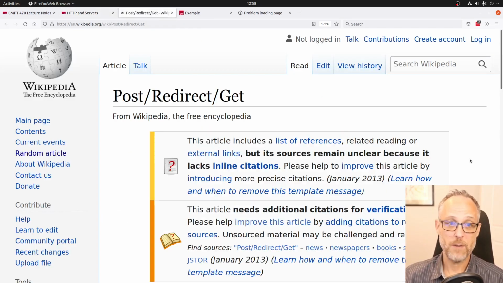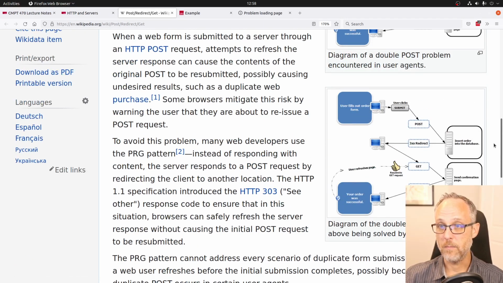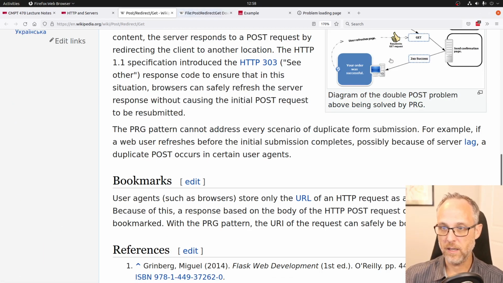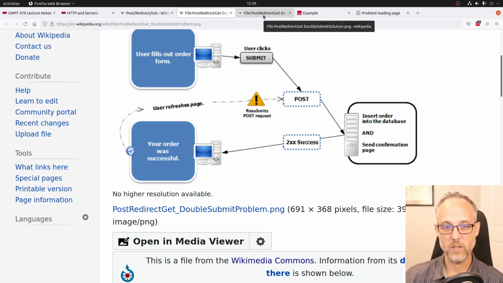And that's in some ways an annoying user interface. So there's the post-redirect-get pattern that a lot of server-side frameworks will push you towards. What I've just described is: fill out the form, click submit, make a POST request, get a response back, and then you're looking at the next web page. If you hit Control R, you resend that request and make another order or add another course or whatever side effect you're imagining. That's probably not what users want, and as a developer you want to protect them from that